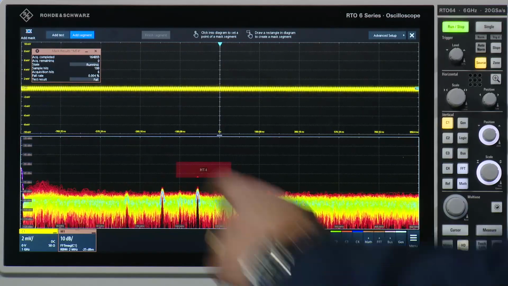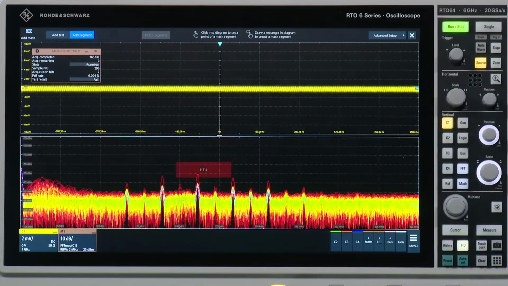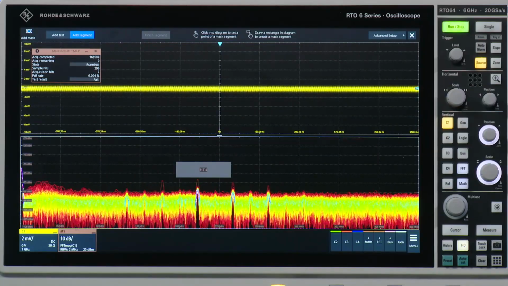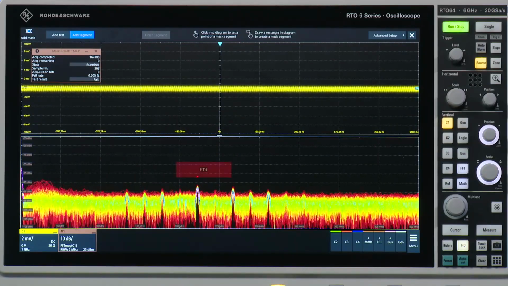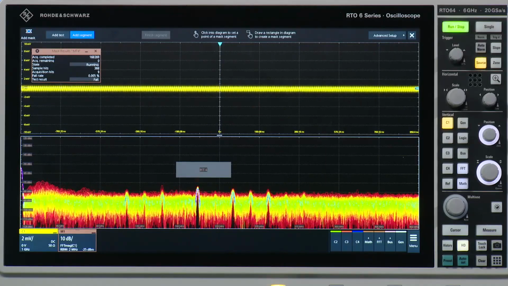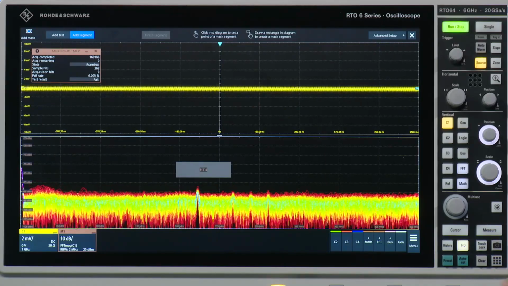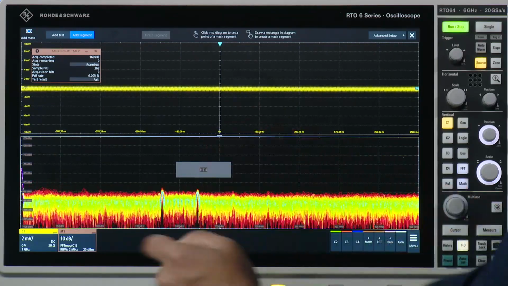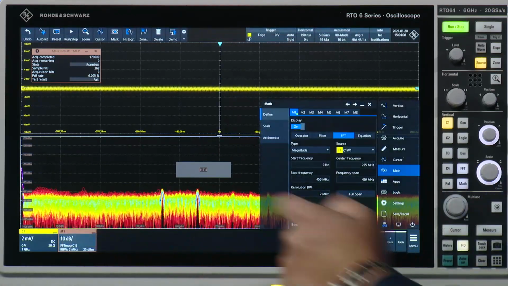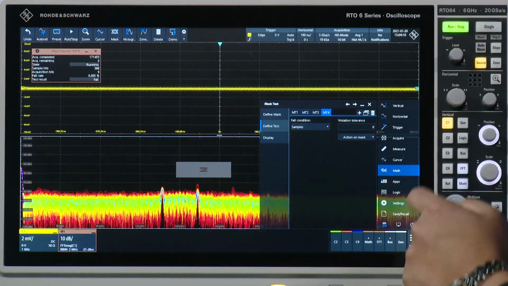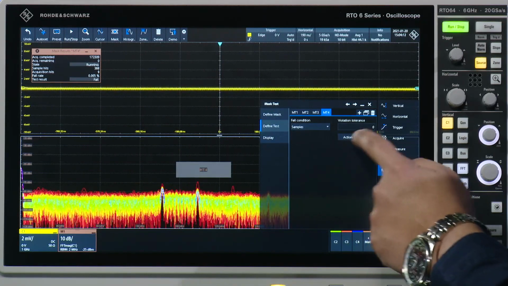I also see in the corner here the statistics of that mask and see how frequent this is, how often the mask is violated, and so on. Now, in order to capture this much further, I can then go into the mask setup, just on the top here, and then go into action on mask.